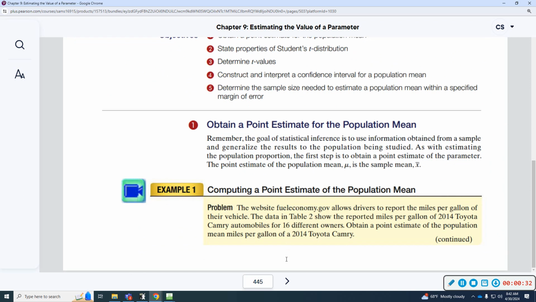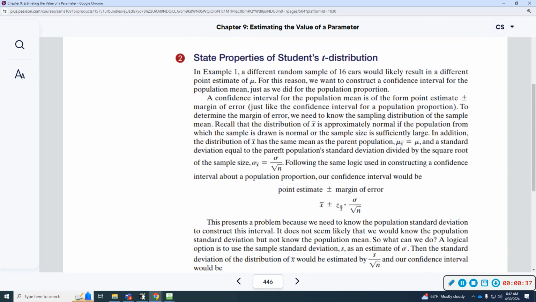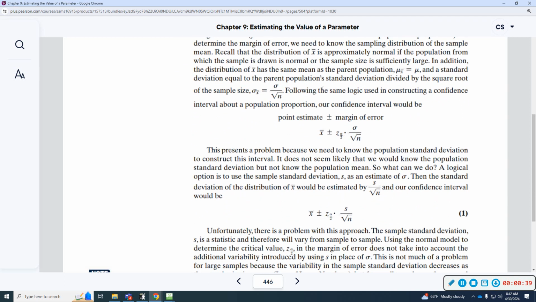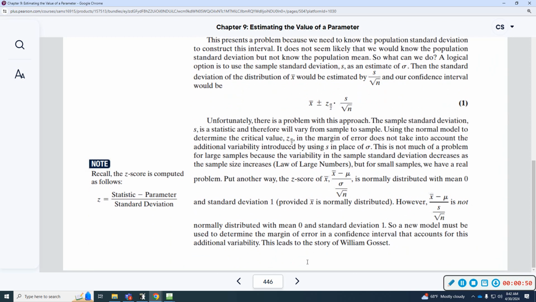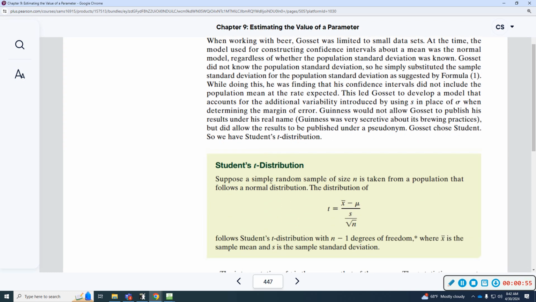All right, so you have some pretty good reading and introduction that goes over the details. It tells you about the variability that is introduced when you use s, the sample standard deviation, versus sigma, the population standard deviation, which most of the time we won't know. So as you read through all that, it leads you to the definition of the student t-distribution. It's just like Z, except the student t is taking into account the variability introduced by the sample